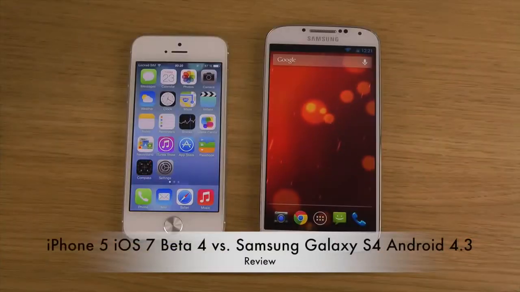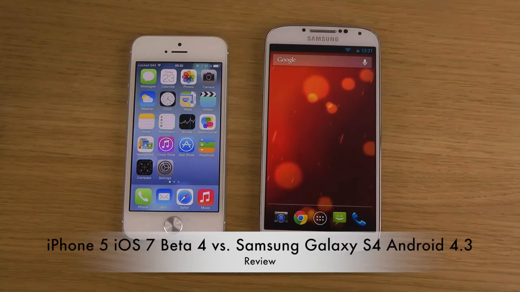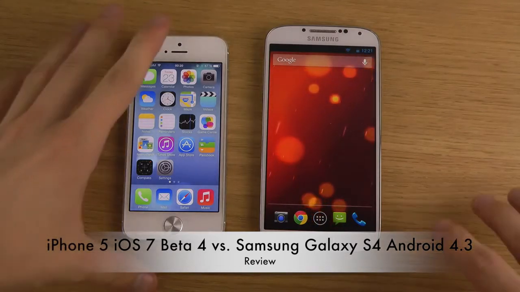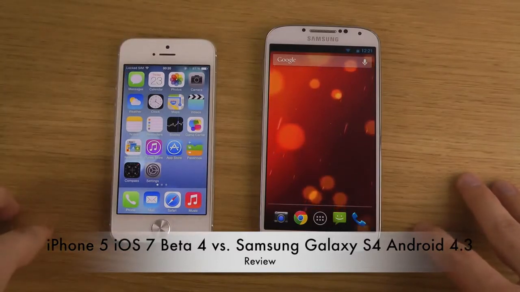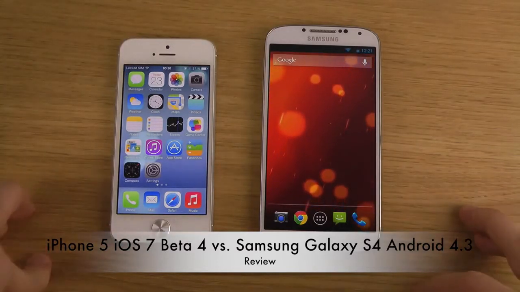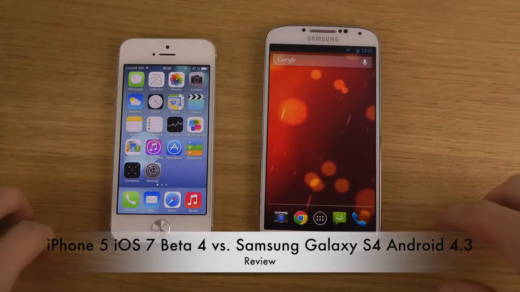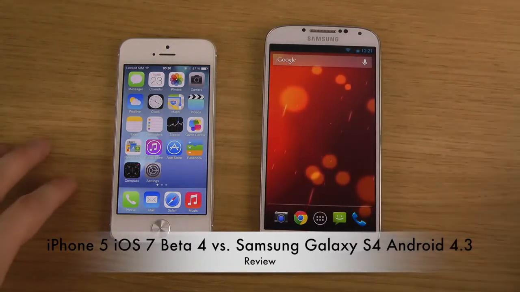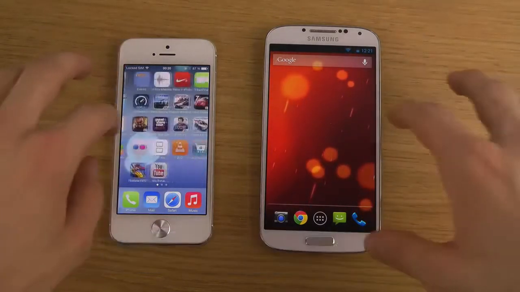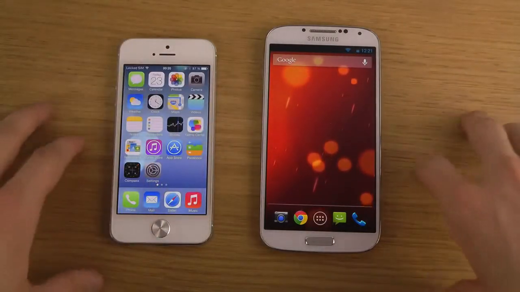Hey guys, so today I want to make a quick little video where I am just going to go over the Galaxy S4 with Android 4.3, the Google edition, versus the latest iOS 7 Beta 4 on the iPhone 5. Of course, I'll be making separate reviews for separate apps, but this is the overall look. So we can start off by going over the UI changes in the latest iOS 7